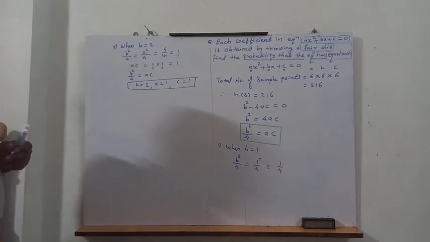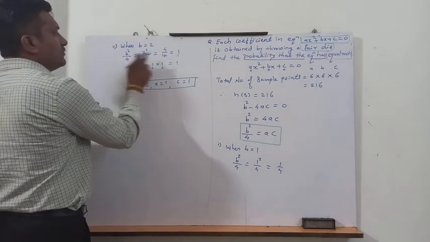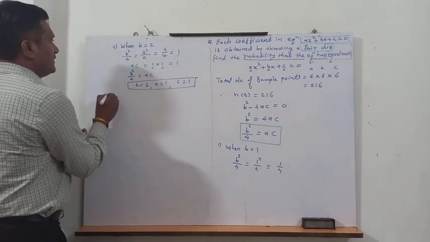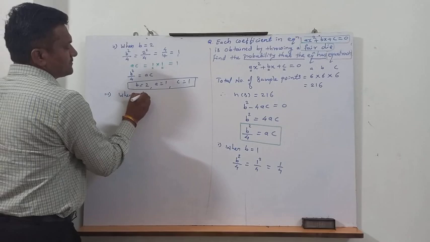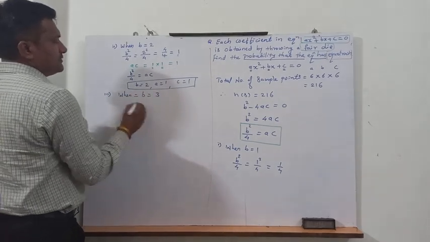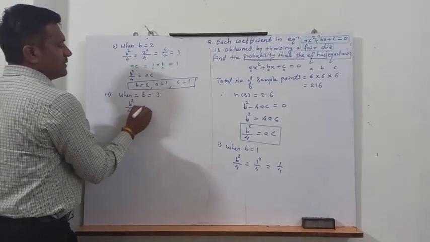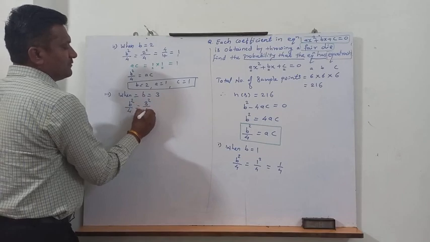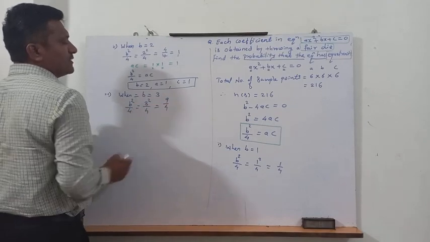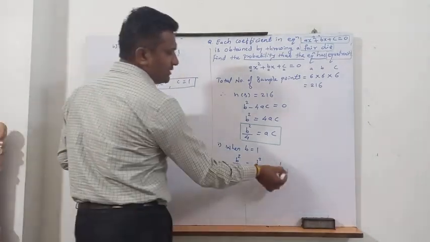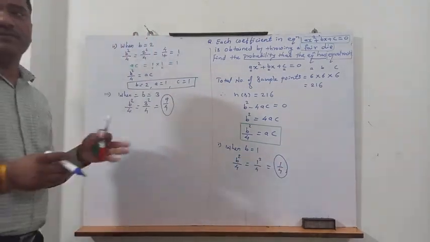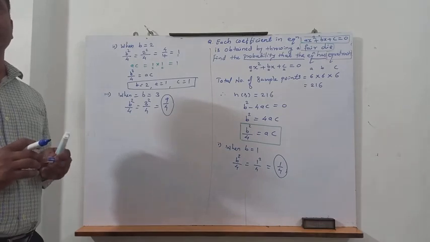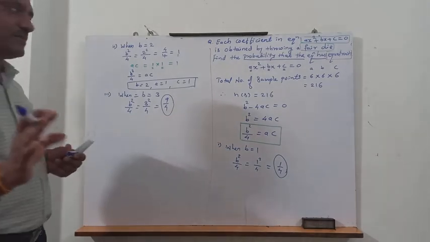कितना पॉसिबिलिटी मिला हमें? पहला पॉसिबिलिटी मिला कि ये दोनों वैल्यूज इक्वल आ रही है. अब थर्ड पॉसिबिलिटी हमारी क्या हो सकती है? When b equals 3. So what is b square by 4? It is 3 square by 4 equals 9 by 4. Again this is rejected. जैसे कि यहाँ 1 by 4 हमने रिजेक्ट किया, बिल्कुल वैसे ही 9 by 4, because आपको फ्रैक्शन के फॉर्म में कोई भी AC का मल्टीप्लिकेशन नहीं आएगा. आपको समझ में आ रहा है ना?